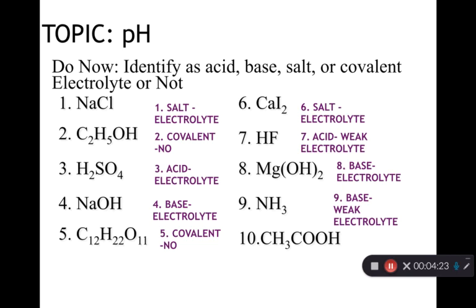And then number 10 is acetic acid. There's 2 different ways to write acetic acid. This is one way. The other way is just to say HC2H3O2, or C2H4O2 is another way, so you can see it written all together. Acetic acid is a weak